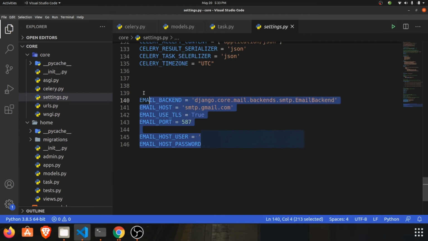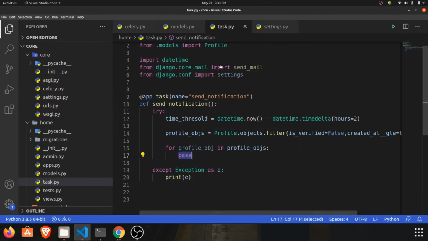This is the email setting. You can copy paste this and you can also write it down. So let's go to this one again.